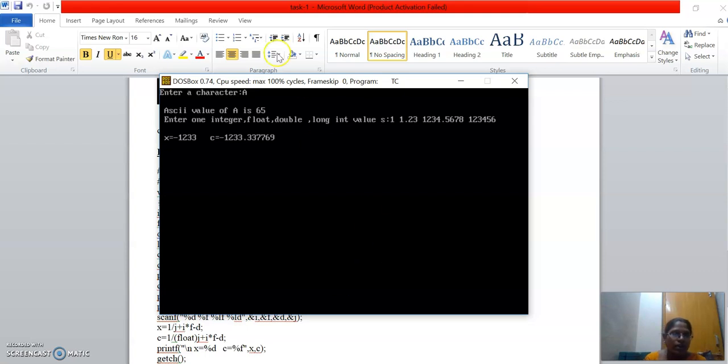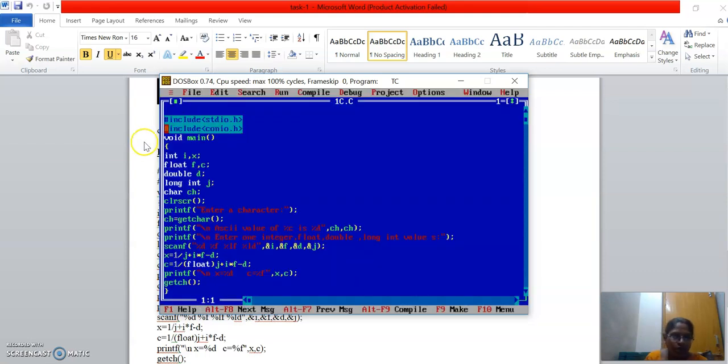There is a loss of data after the decimal, that is, the precision value you are missing if you are declaring it as x, which is an integer. If it is c, it is like this. If I declare this c as a double value, no need to give float here, obviously the resultant will be in double only. This is about your implicit and explicit type conversion.